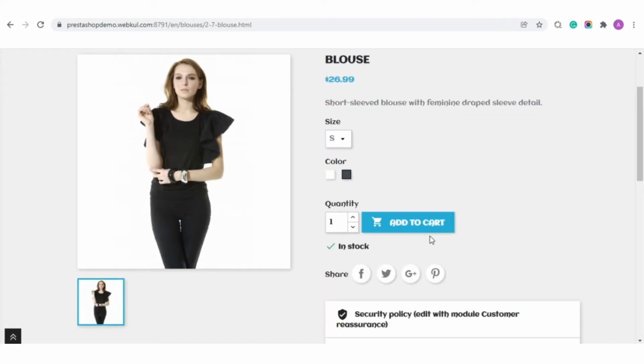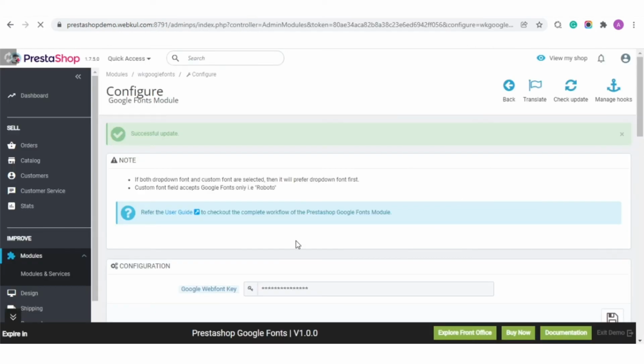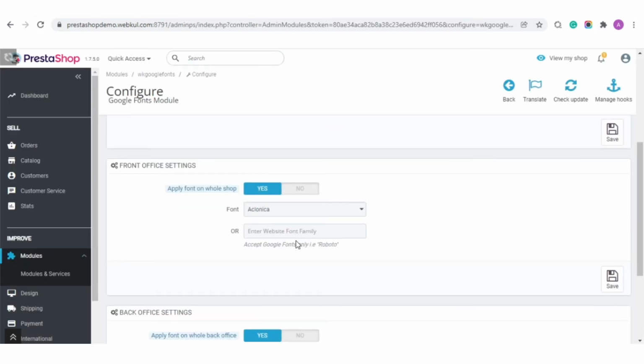Here we can see Aclonica font has been applied to the whole front office. Now let's apply different Google fonts to the different elements.